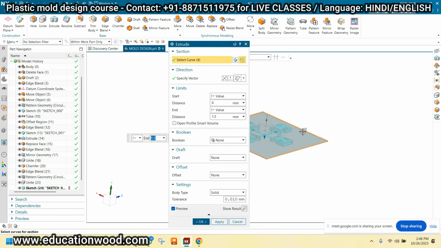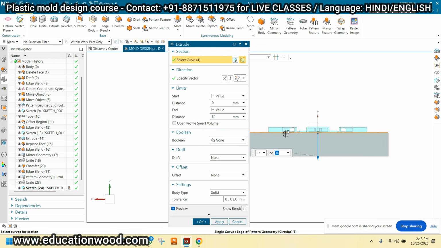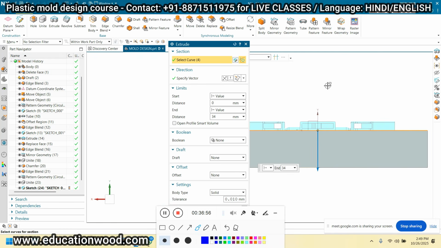Okay. Now I'm extruding this. Now see, we are making the core basically, right? So this is the core. If this is the core, how can we prepare it? How can we take the length or the height? Depending upon the cooling channel. Yeah, cooling channel. Now our component thickness is approximately 2 mm, right? So for the 2 mm, how much diameter of the cooling line can I take? Tell me.